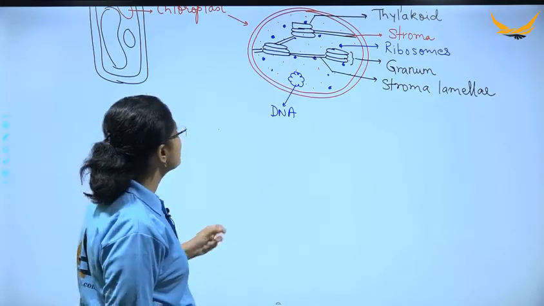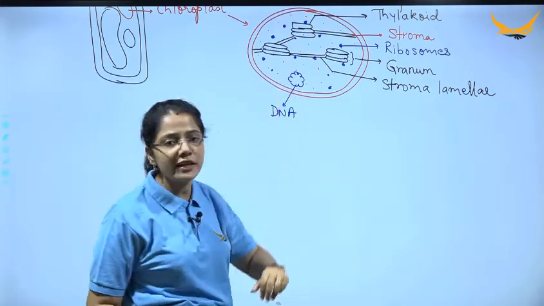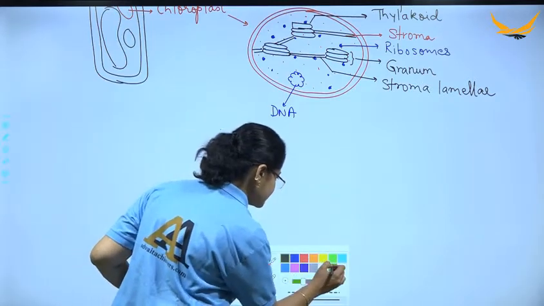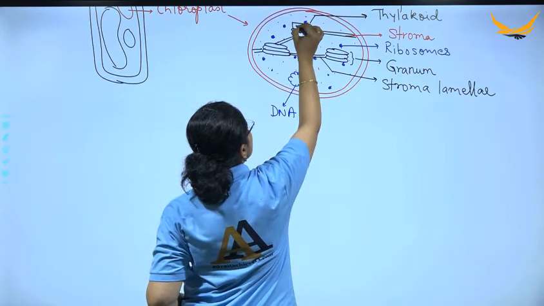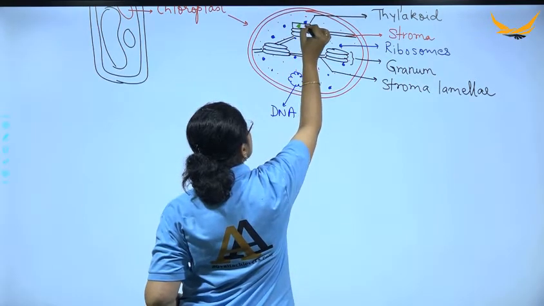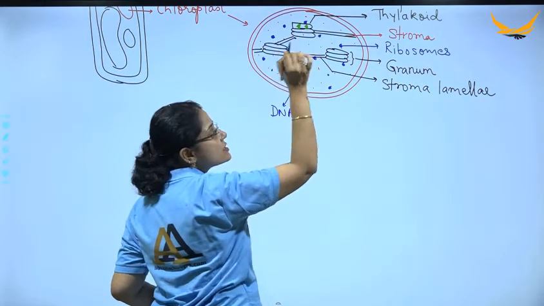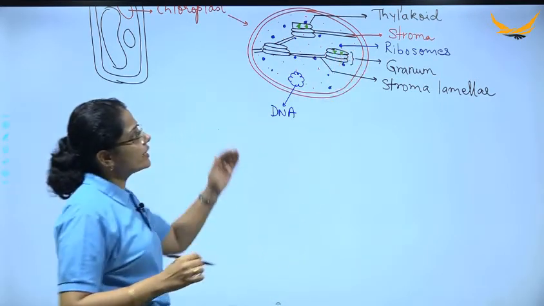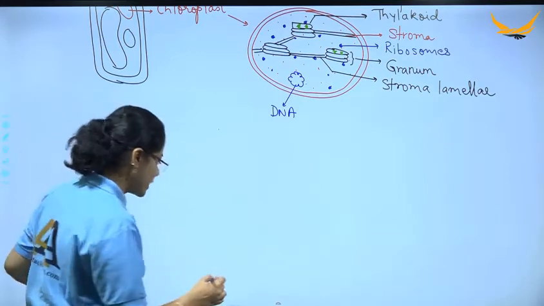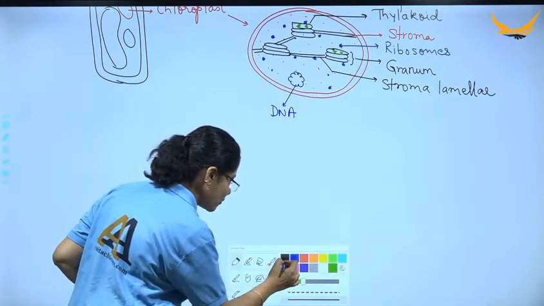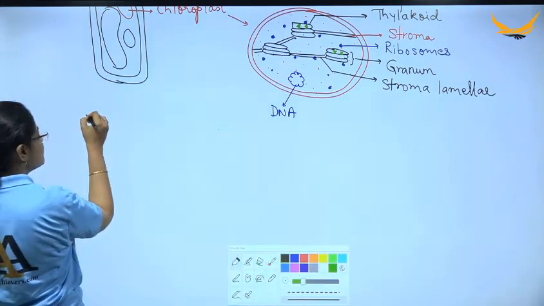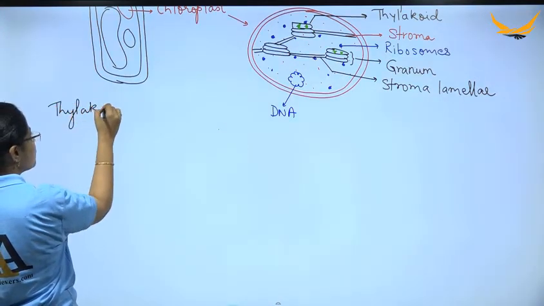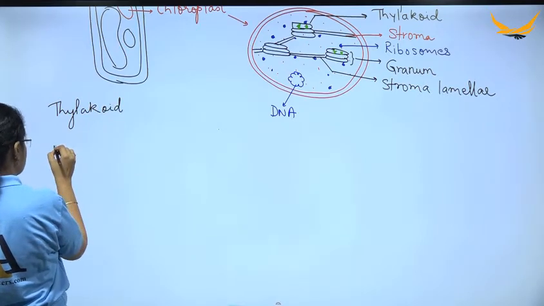That chlorophyll pigment is present in this thylakoid. How it is present? Let us see. See, if I want to show it here, I can show it this way. They are present here in this thylakoid, ऐसे. Right? So, let us make a bigger version of that. A little bit of enlarged form of the thylakoid. So, this what we are making is a thylakoid over here. Alright? Okay.